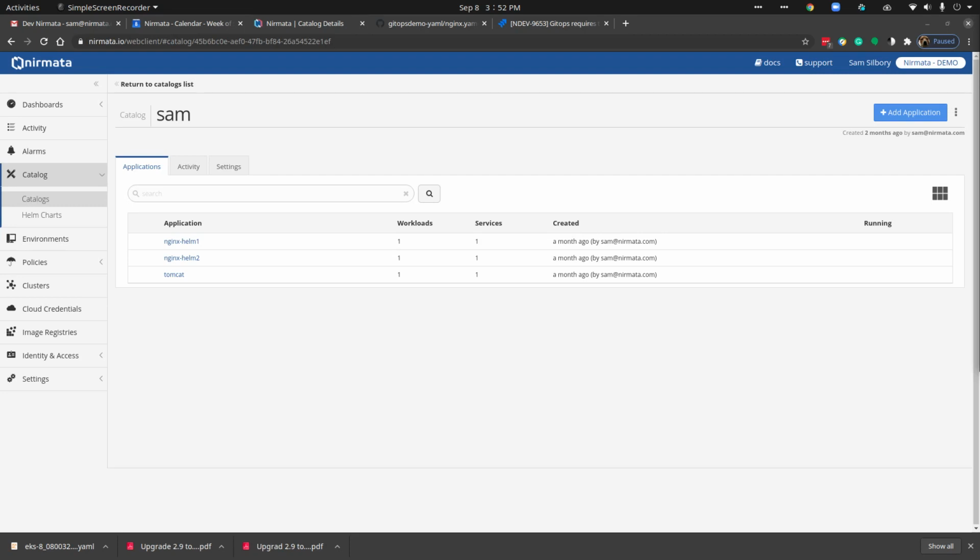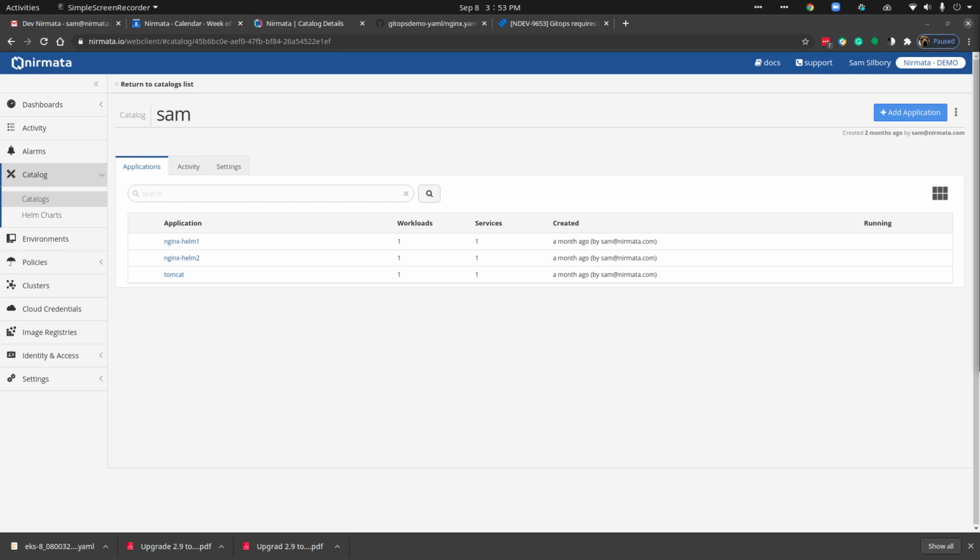I'm a solutions architect here at Nirmata, and today I'm going to show you how to set up a GitOps workflow. A GitOps workflow is where you define your application in Git, usually in a particular branch, and then you use that to maintain the state of your application. So in Nirmata, there are two ways to do that. One is to create a Git catalog app, and the other is to create a Git application directly in an